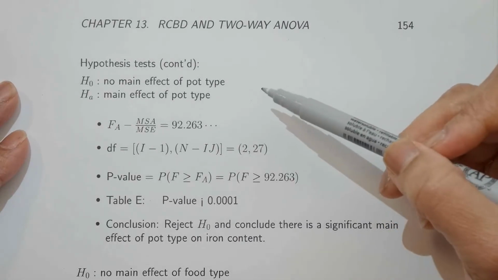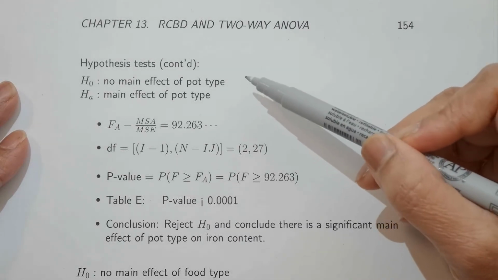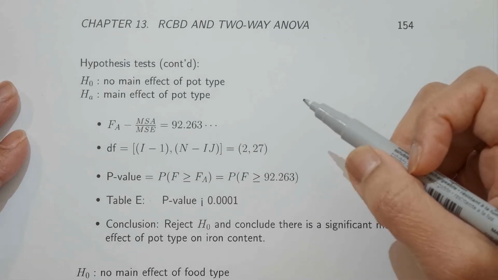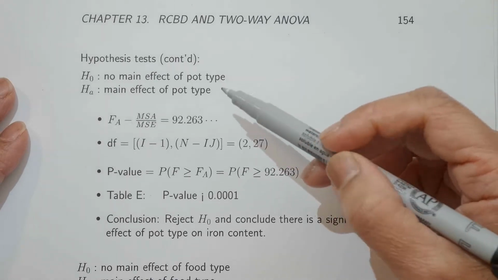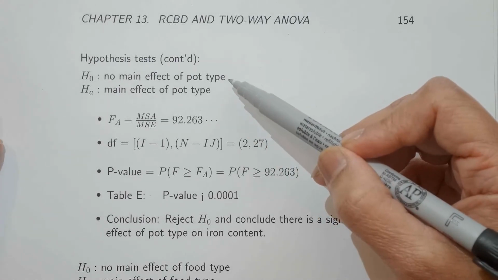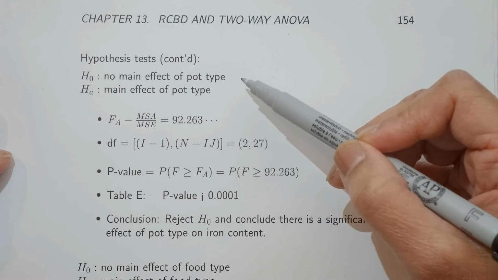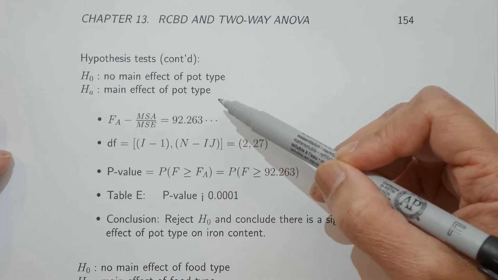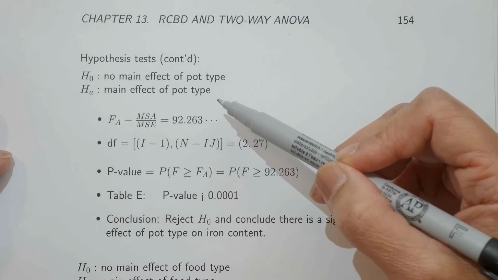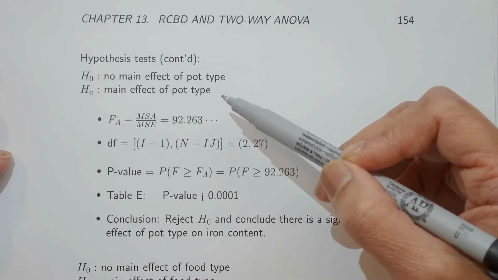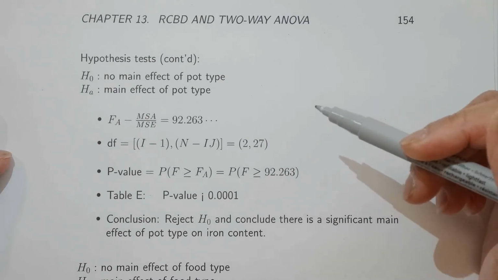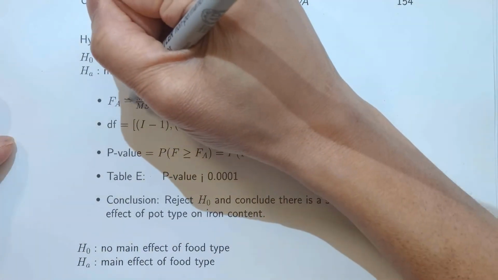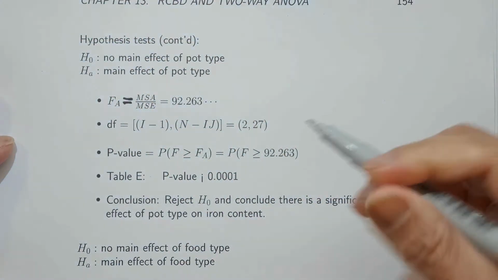So if we wanted to do a test on our factor A, which is pot type, remember that was the treatment of interest or factor of interest, our null hypothesis that there's no main effect of pot type on the iron content of the cooked food versus the alternative that there is a main effect of pot type on iron content in cooked food. Our F statistic can again be read off from the ANOVA table,